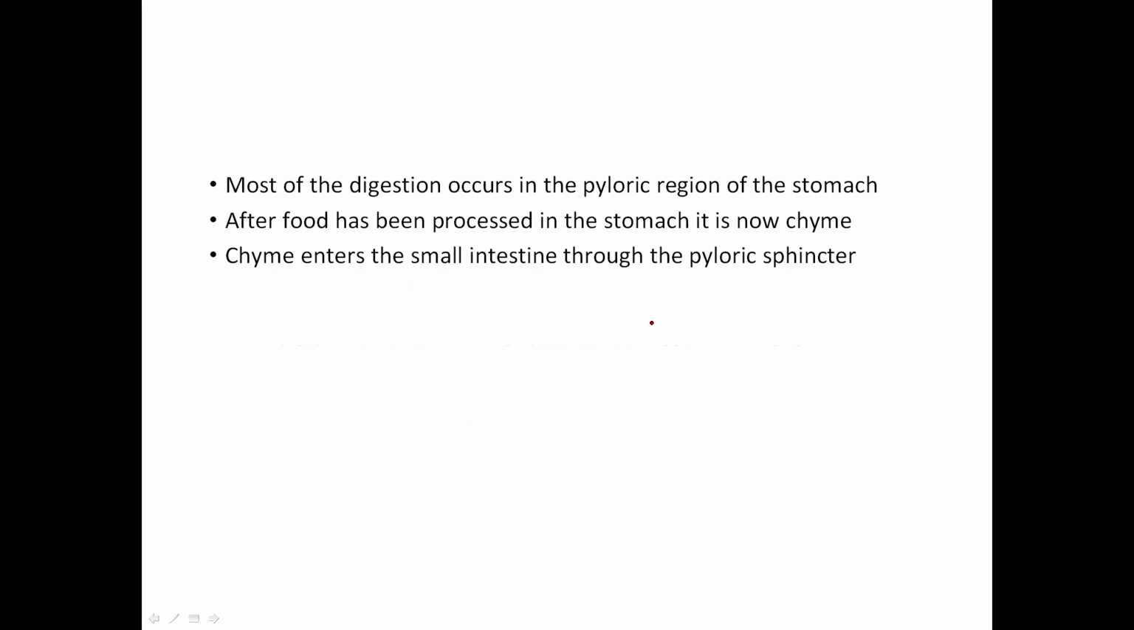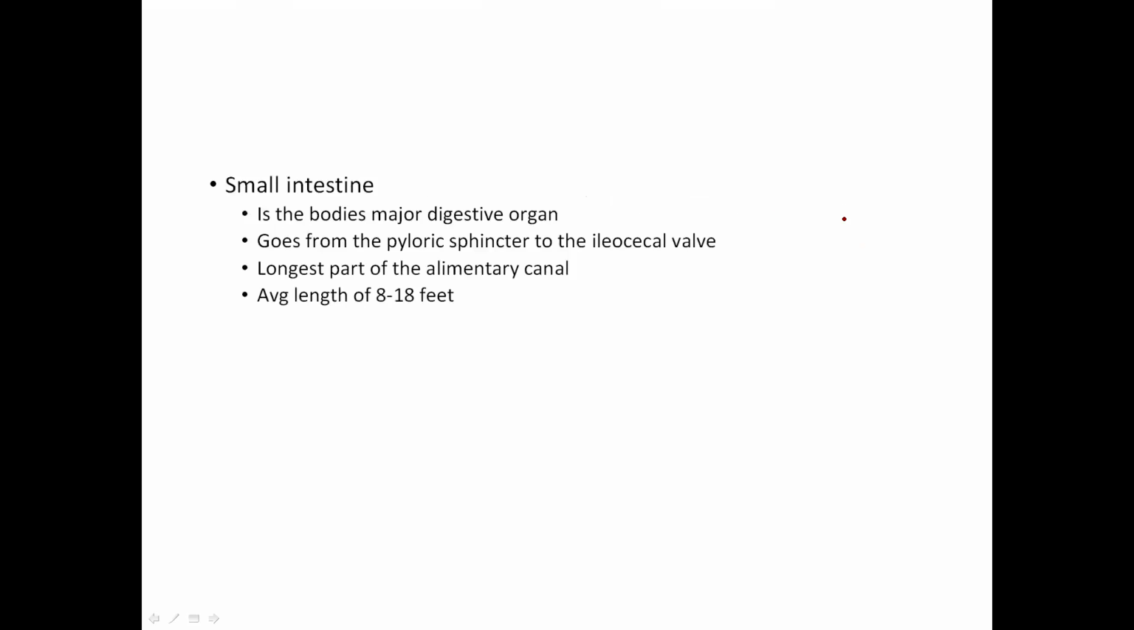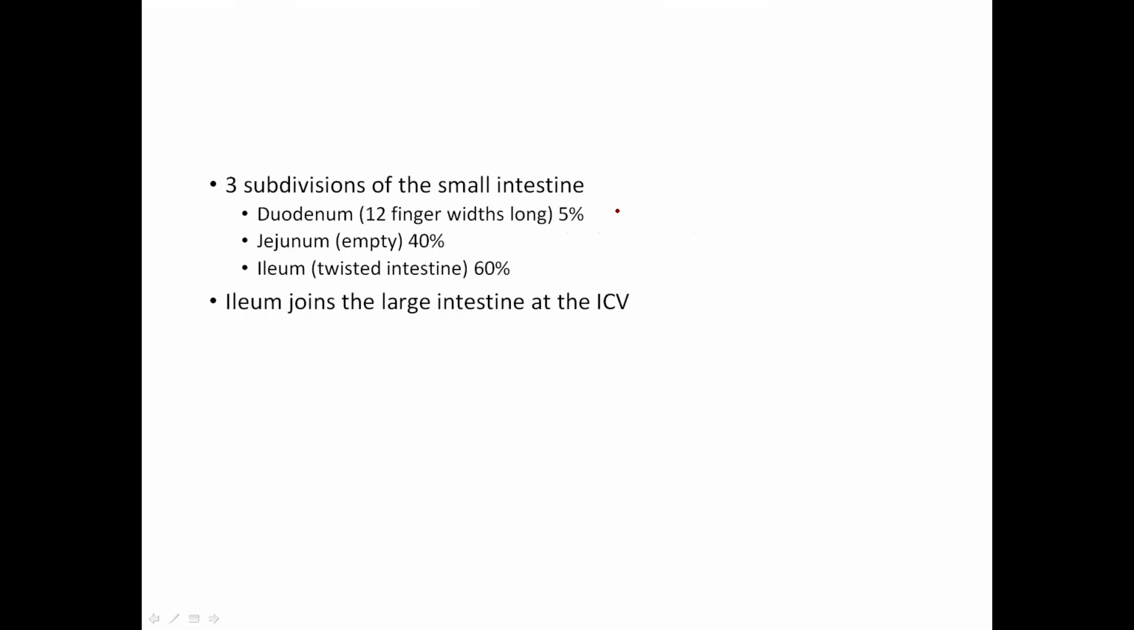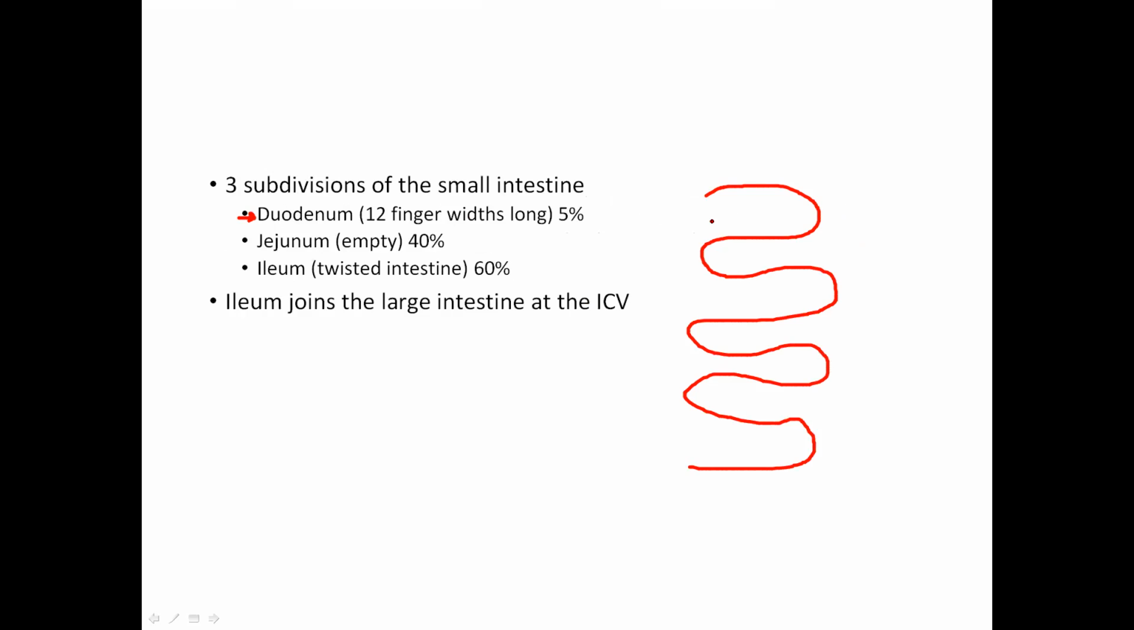After food has been blended in the stomach, it is now called chyme. And that chyme enters into the first part of the small intestine, which is the duodenum. So that's the first part of the small intestine, called the duodenum. Keep in mind that it's one long tube. The small intestine is just one long tube. It's just that one part of it,